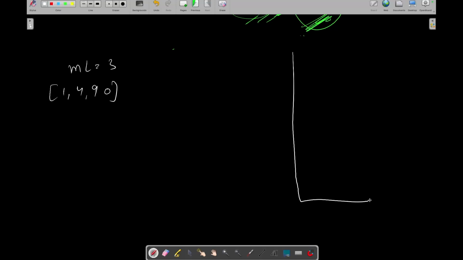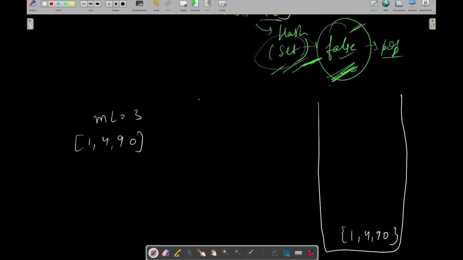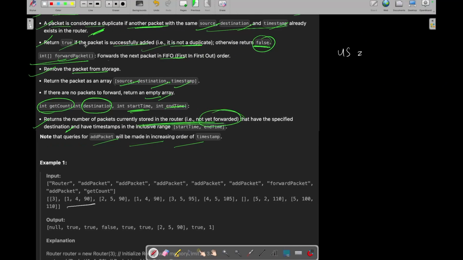So let me create that queue, and your queue will store the vectors, let's say 1, 4, 90, it will store this packet. And your unordered set, let me just erase it for now, I will keep it down. So let's say you have that unordered set which will store the hash. So what was the packet? 1, 4, 90.